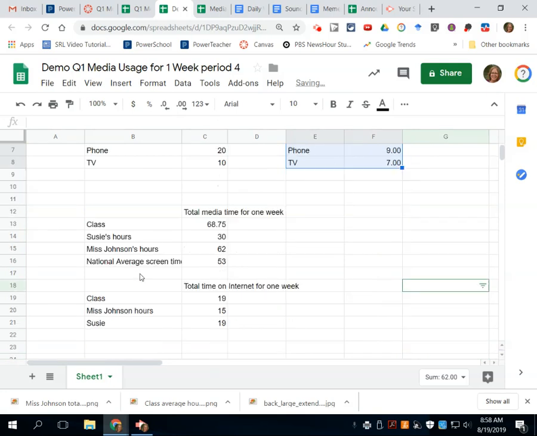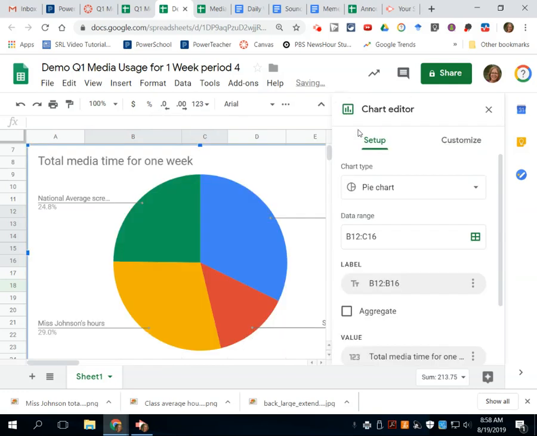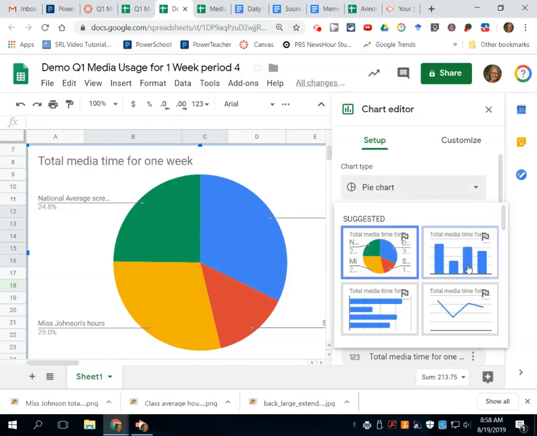Now I'm going to go down to the ones at the bottom. The 2 at the bottom need to be bar charts. So once again, I'm going to click up here, starting with the empty box, go across and then down, so I get all the relevant boxes with all the relevant information in it. Go up to my three dots and go to insert chart. Now this one defaulted to the pie chart because I had just created 2 pie charts, but I don't want this one as a pie chart. I want this one